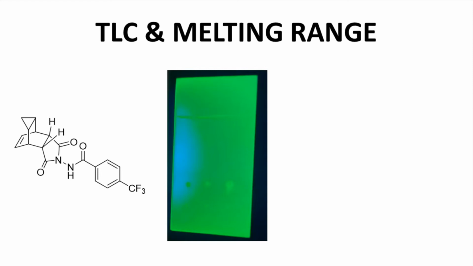This streakiness could be an artifact of the higher concentration in this lane. It could be an impurity. It could be some random dirt on the plate. The other 2 lanes, however, look perfect. So I'm going to assume this is one spot, but we'll need to be sensitive to additional evidence of low purity in the product. The Rf value for the spot is 0.26, and the mobile phase was 50% ethyl acetate and 50%